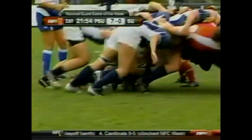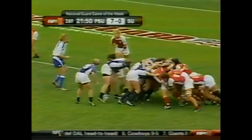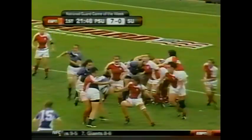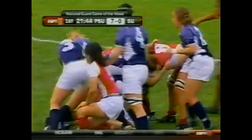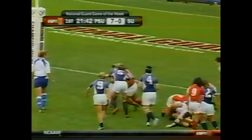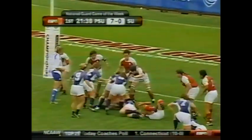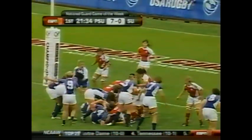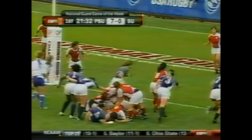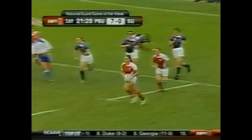Oh, and they're just going to go for the 8-man shove. Penn State, nice scrummage. Don't get turned 90. Picked up eventually by Daly. Got to get her team back on side. Picked up, I believe that's Lauren Russer. Tight head prop picked that one up for the PSU crowd. Taken away by the Cardinal under a lot of pressure, but here comes the Cardinal out from the